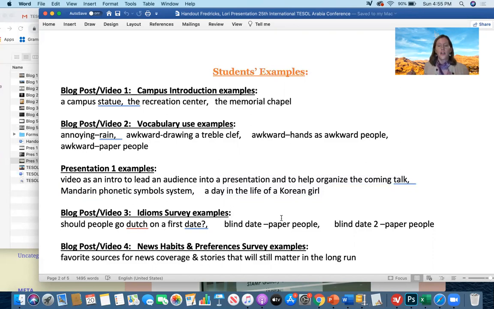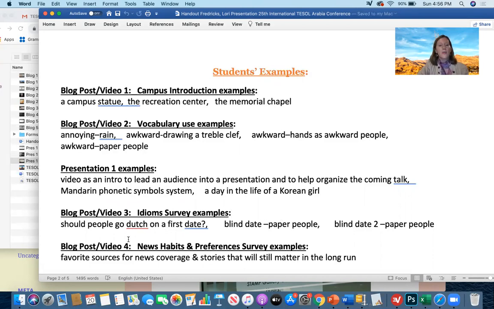So I wanted them to talk to people other than their friends or people they met in the student center, but I also wanted them to get out and talk to people of different ages. They just needed to find fluent English speakers. They didn't have to find so-called native speakers, but I just wanted them to use English to get information using our target expressions and terms, and to report back and share their findings of what we had all learned, and make comparisons and have interesting discussions in class after making these videos.